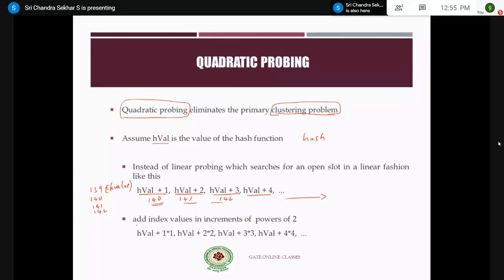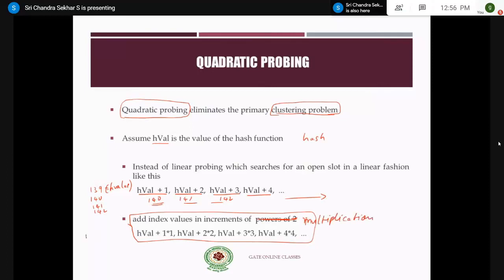But in quadratic probing, very important, you have some questions on this, so please concentrate. In quadratic probing, you will add the index values. It's not powers of 2, it's multiplication.